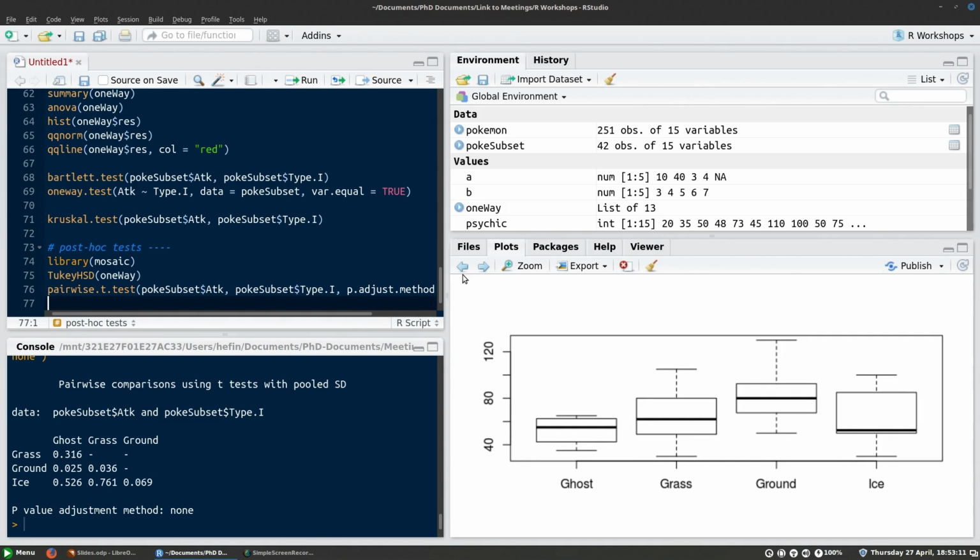Hit Control Enter. And so what this has done is it's just performed t-tests between every pairwise comparison, and it hasn't adjusted the p-value. So you wouldn't report these p-values because of type 1 error inflation; you usually correct the p-value by Bonferroni or something like that. But what you can do is, say we are